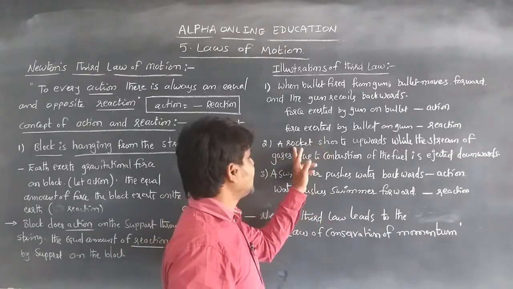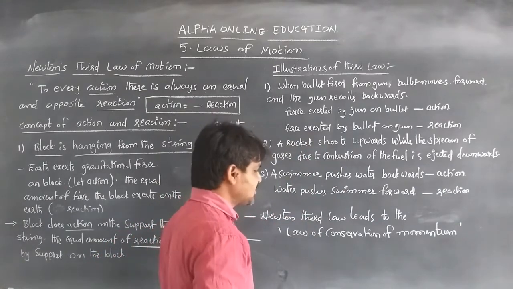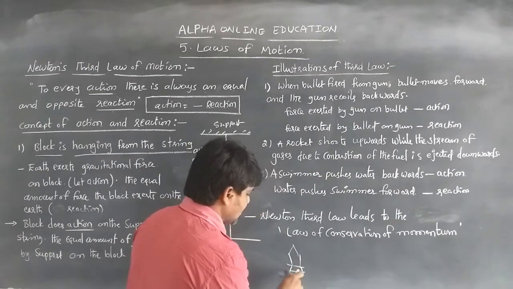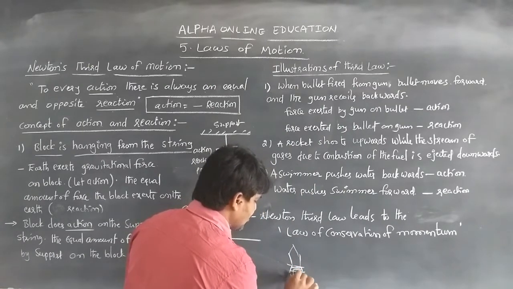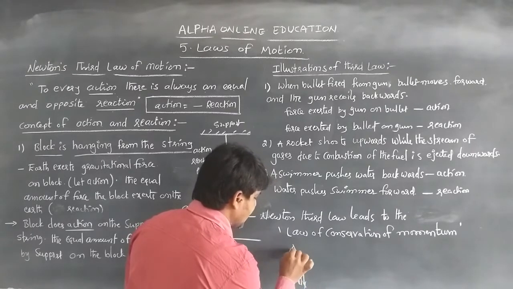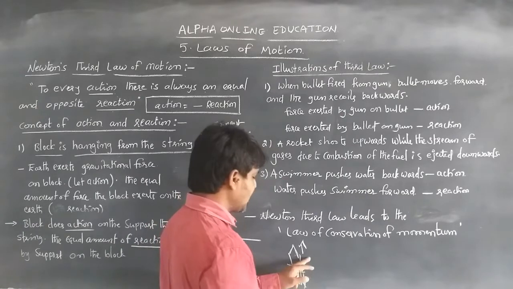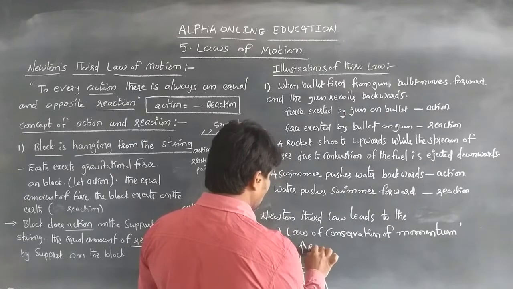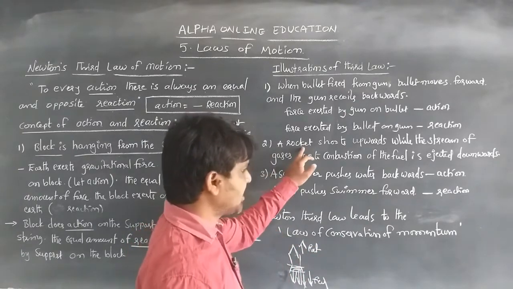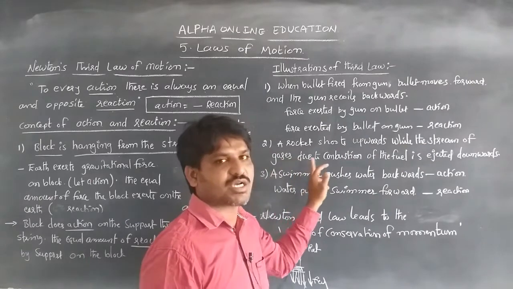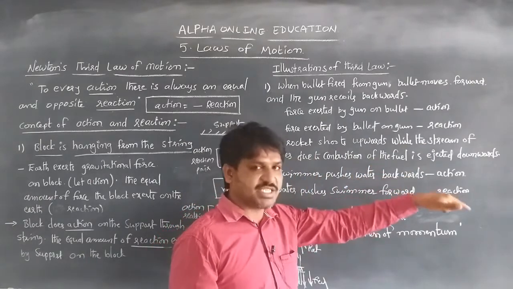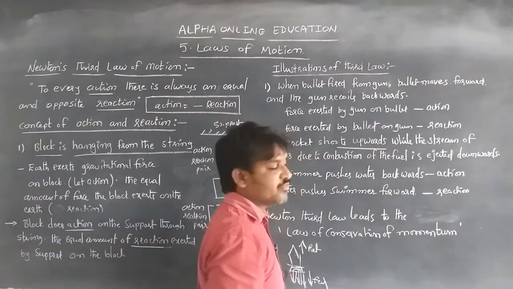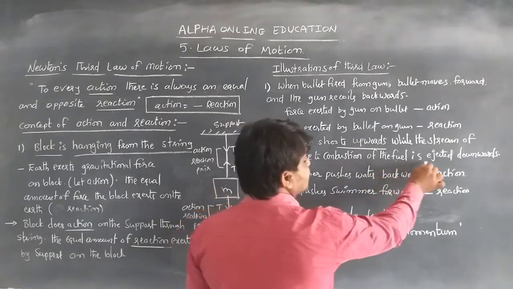So here, a rocket: when scientists launch the rocket, the fuel in the combustion goes in the downward direction, while the rocket moves in the forward direction. There is an equal and opposite reaction between the fuel and the rocket. The rocket moves in the upward direction, while the stream of gases due to the combustion of the fuel is ejected in the downward direction. The rocket moving upward is the action, and an equal amount of fuel being ejected downwards is